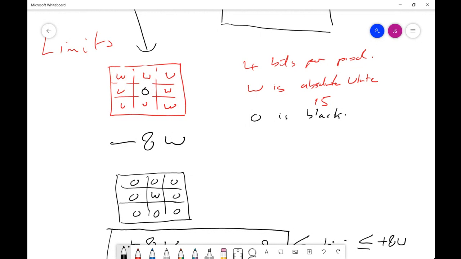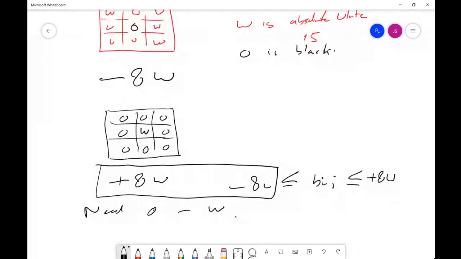The minus 8W will occur when you have a white picture with a single black pixel in the middle. And those images there, you can't see those images. If you're looking at the image, you would not see it. It's below the resolution of human perception. And that situation is most probably a dead pixel on the array. So these are insignificant image situations.